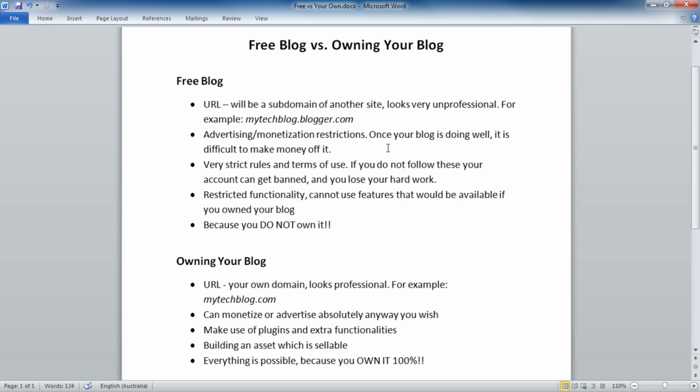If your blog is doing well, it's actually very difficult to make money off it because there are certain rules in place and you must follow those rules in terms of advertising and monetization, which if you don't follow, your account can get banned and you can lose all the hard work you put into that blog. Plus restricted functionality, which means you cannot use features that would normally be available if you owned your own blog. And all of this is essentially because you do not own the blog when you are using a free blog